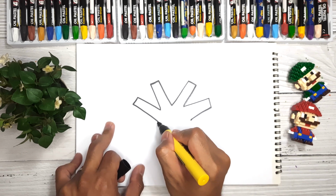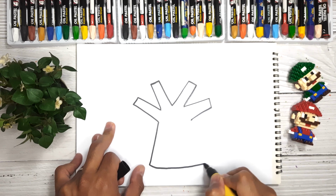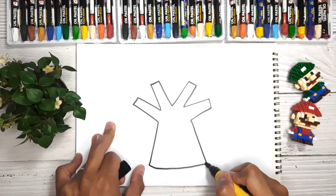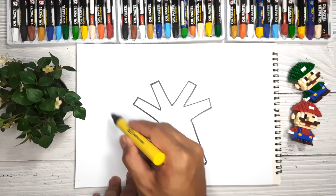So from here just all the way going down like this, and then go to this, and then from here connect to here, so it will be like this. All right, okay, I got this kind of shape already, and then after that we're going to make the leaves